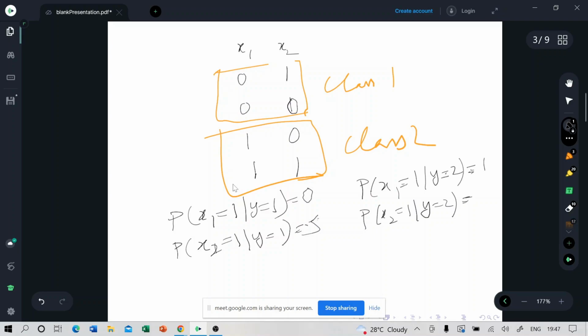On the other side it is log of probability of y2 times the product over 1 to d of probability of xi given y2. Now, because of the log, the multiplication becomes addition, so it will be